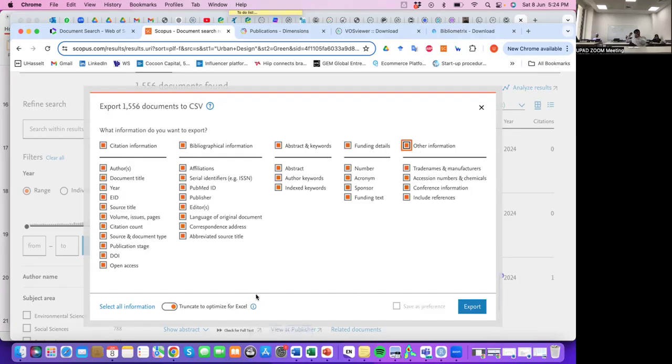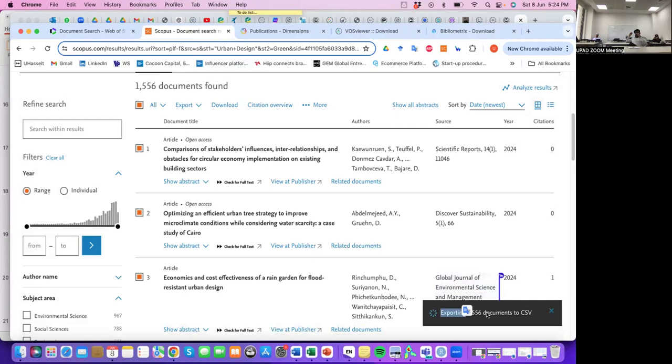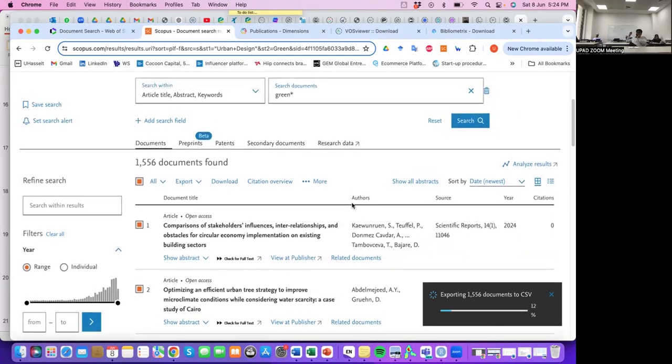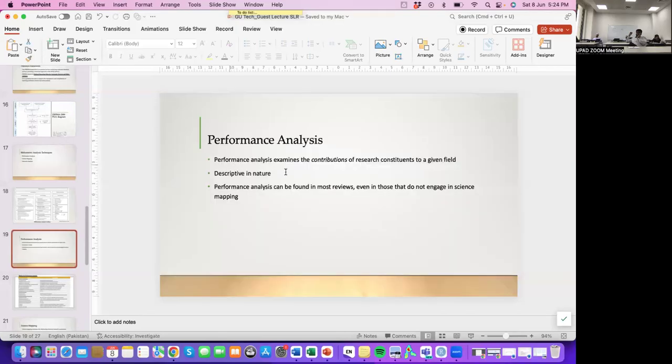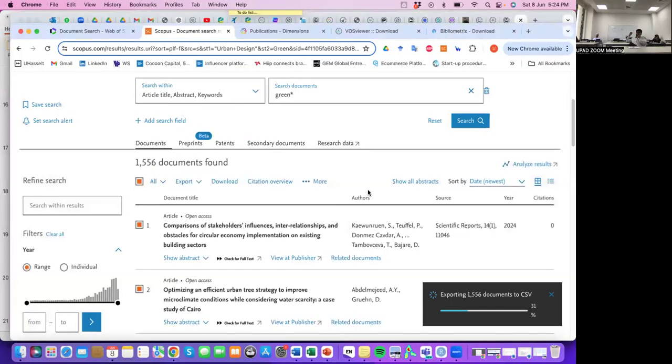That is the same thing, so you do not have to repeat your efforts. And you click on export. So now you can see it's saying exporting these results. It will export this result in a CSV file. And while it does so, there are certain kinds of analysis which you will see here in the performance analysis, which are descriptive in nature, that Scopus or some other database as well performs for you. So if you click on analyze results,